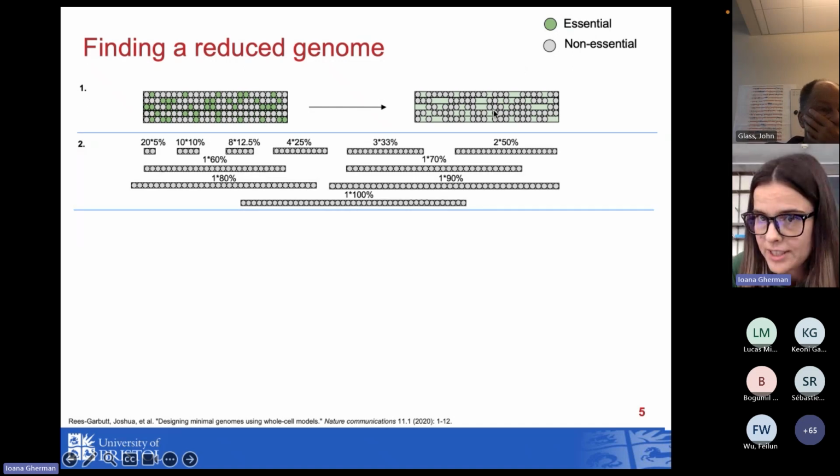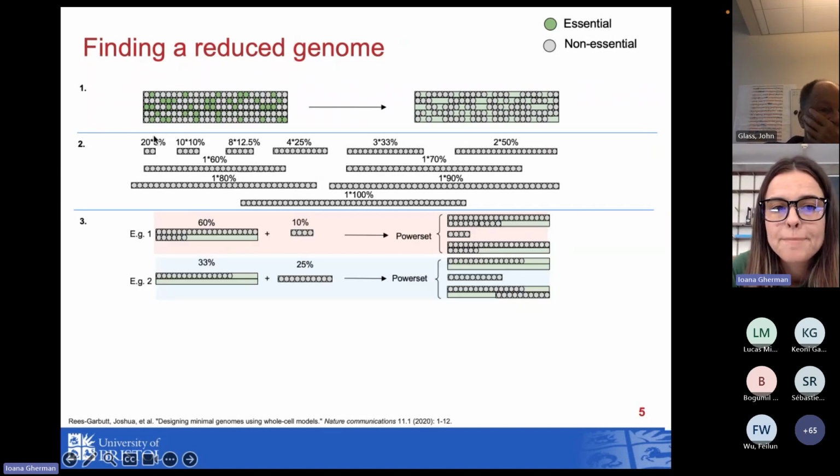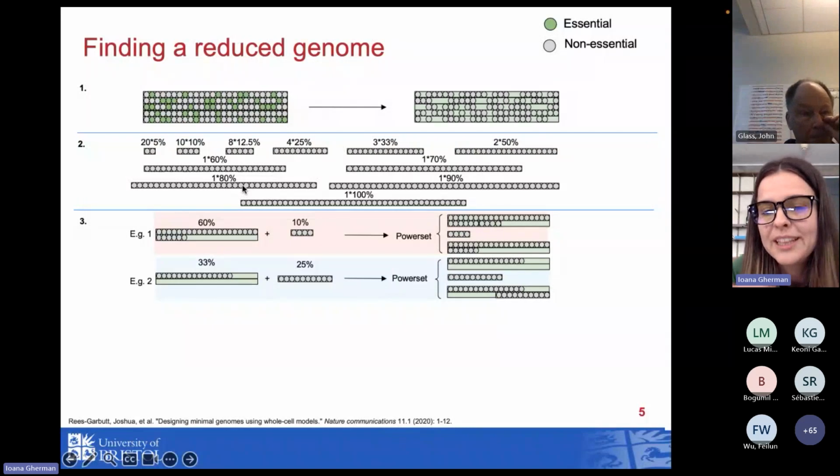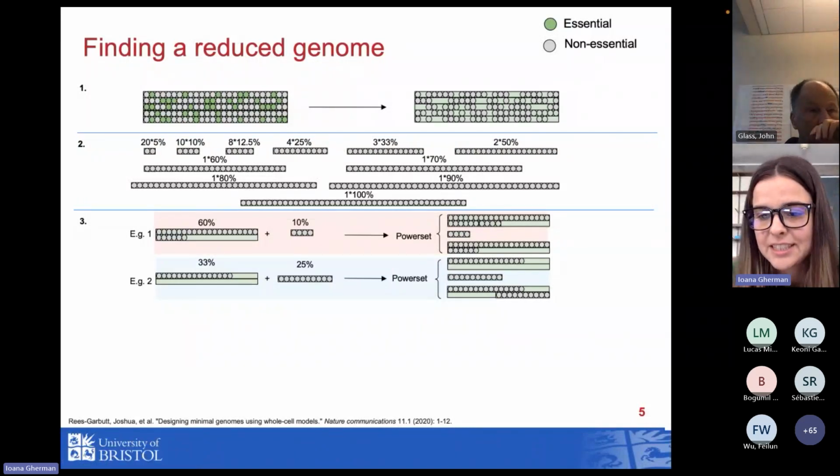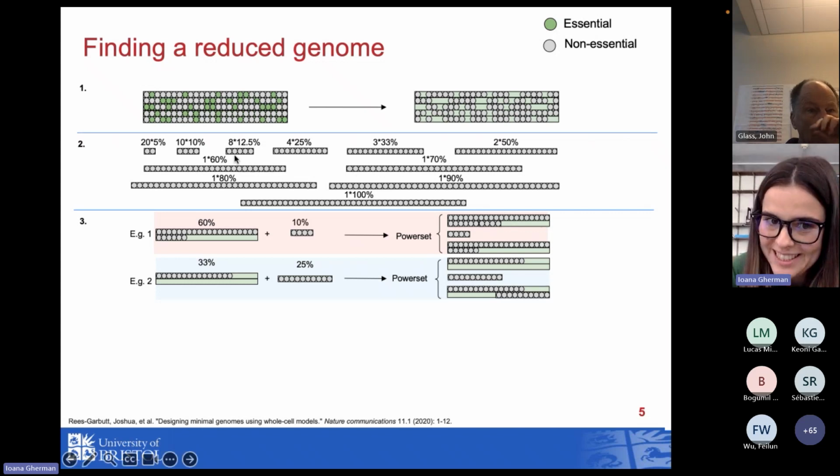Once we have this list of non-essential genes, we create 56 segments representing different percentages of these non-essential genes, and we simulate the cell using the whole-cell model, removing each of these segments one at a time. Once we run all these simulations, we take the highest segments from stage 2, for which when deleted, the cells divided successfully, and we add all the non-overlapping segments for which the cells divided successfully, and we create a power